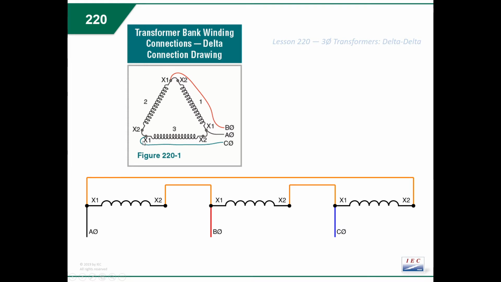Why would that be any different? Again, if we said A to B is 240, if I go from X1 to X2, I'm essentially doing the same thing, A to B. And we're going to get into the difference between coil voltages and line voltages, coil amperages and line amperages. So the first hint or the first formula I'm going to give you is that coil voltage is equal to line voltage in a delta connection. So in other words, if I take a reading from line to line, it's going to be the same as if I take it from coil to coil or end to end on a coil or a winding, right? So anyway, our next